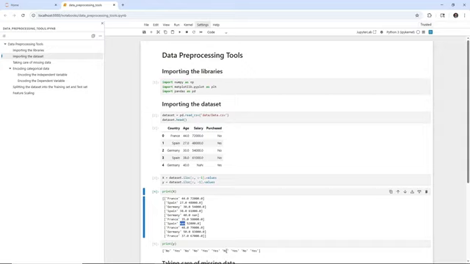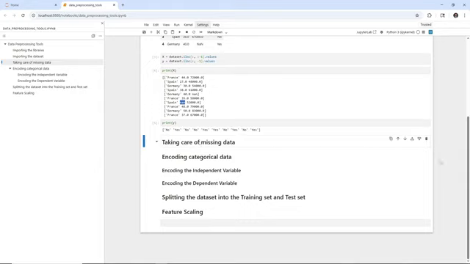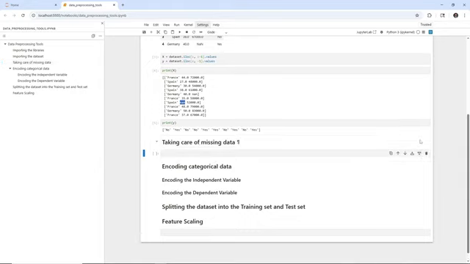This is what we are going to use right now, actually replacing the missing values by the average of all the values in the column in which the data is missing. This is a classic way of handling missing data. Let's create a new code cell. So for this step, taking care of missing data, insert a code cell,